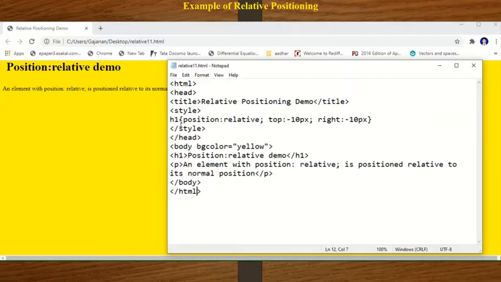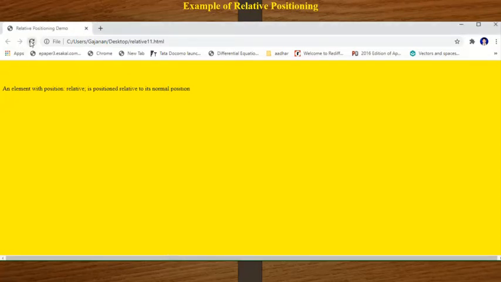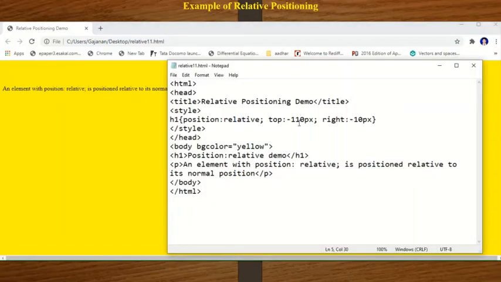Clear? That means I want to set here some attribute, that is top is equal to minus 10 pixels we have to skip out from the top, and from the right minus 10 pixels we have to skip out here. Okay, so if I want to increase this, suppose 10 is there, 110 is there, then save it, then see the output. So what happened? The text goes away from this screen. Why? Because we have to exceed this. Suppose I want to set here 50. Save this.